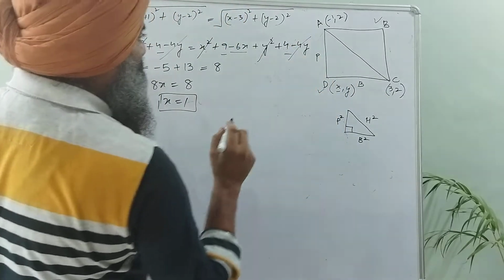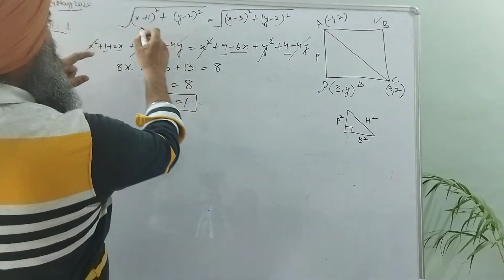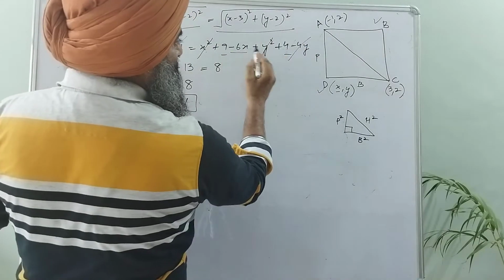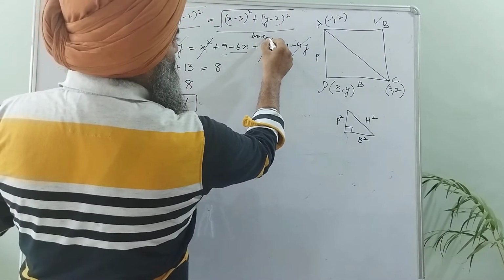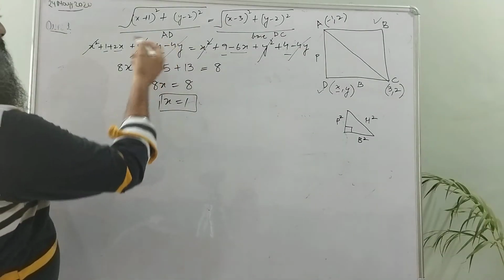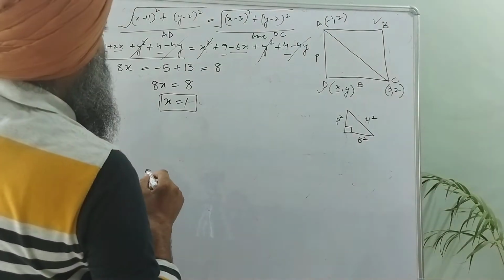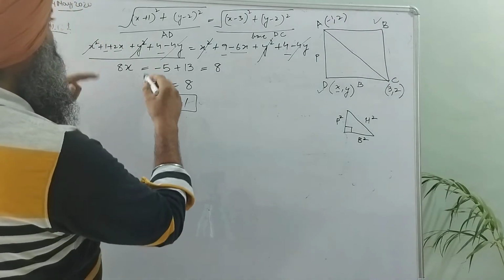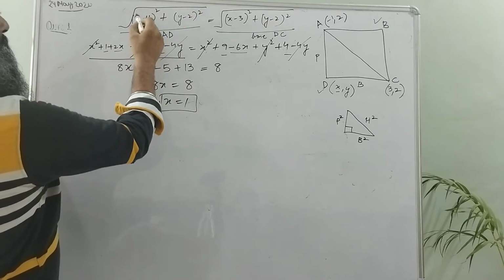Then what is the perpendicular? Perpendicular is this distance AD. So this distance is AD and this base is BC. Am I right, students? So from here I will get what is A. This is my AD. So I want to do square of AD. So that means when I do square of AD I will get this thing.